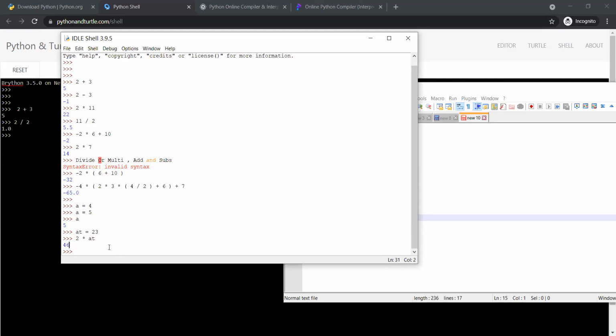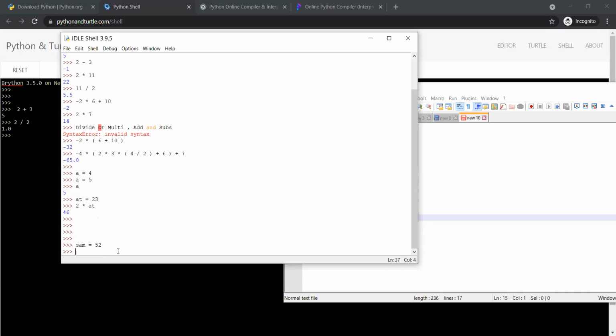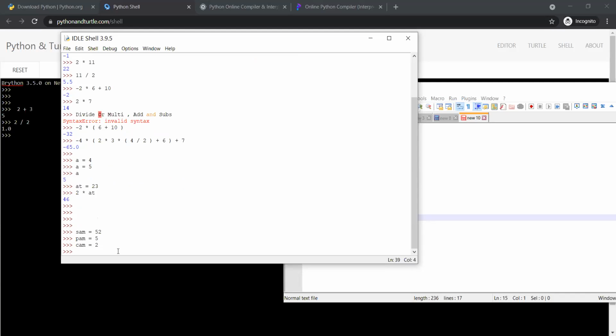Okay, likewise, as I said, a variable can be anything. So suppose I say Sam equal to, let's say, 52, and Pam equal to 5, and suppose Cam equal to 2. Okay, so these 3 variables I have created. Now if I'm going to do this,